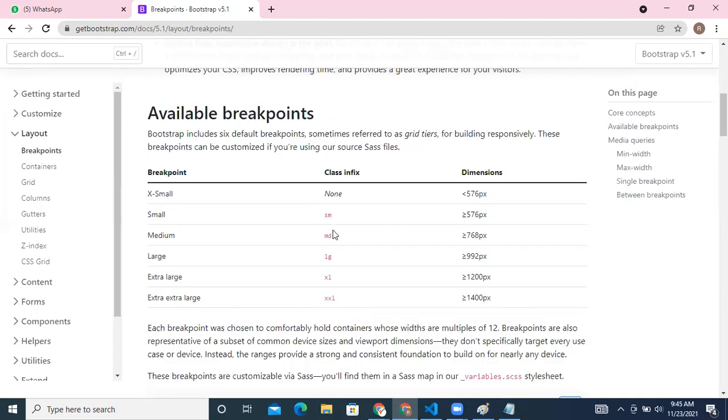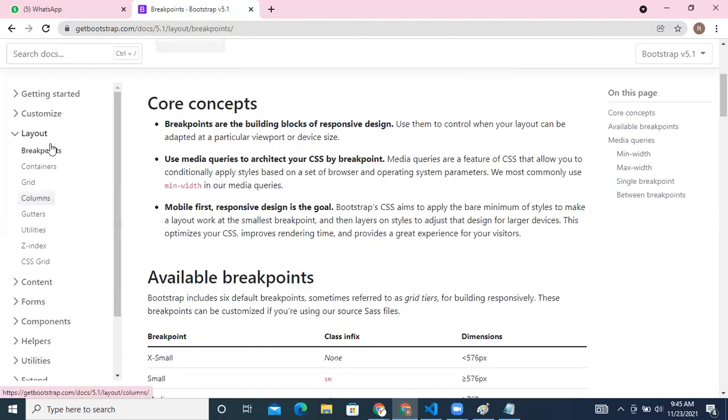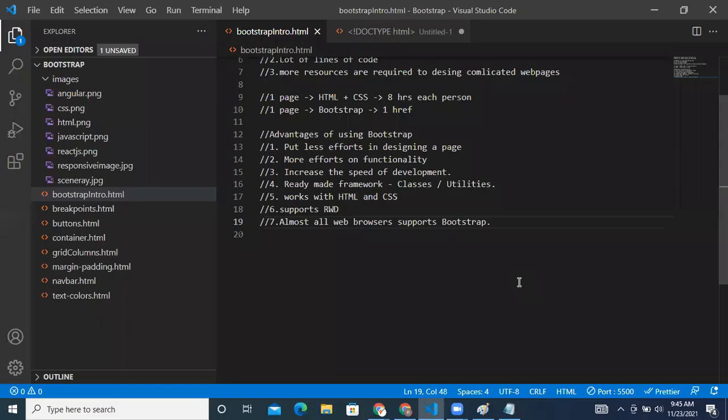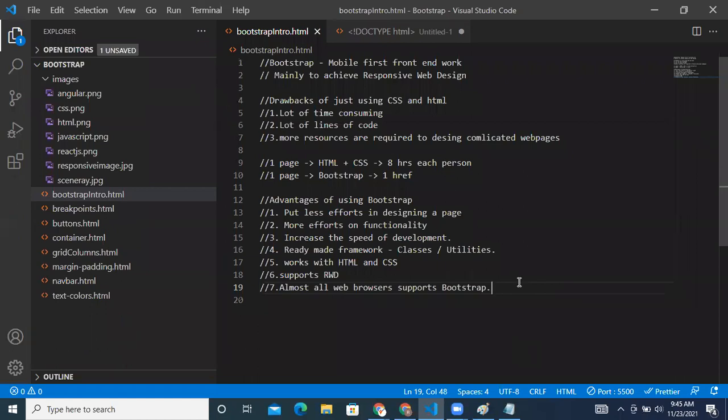See, these are the shortcuts that we'll be using for small, medium, large, extra large, XXL. So these are the things that we'll be using. Okay. And to start with Bootstrap, I want you guys to go through this documentation properly. Okay. Today I'll just give you an example of how to first use Bootstrap in your code, and later I'll ask you to write one code using Bootstrap. Okay.